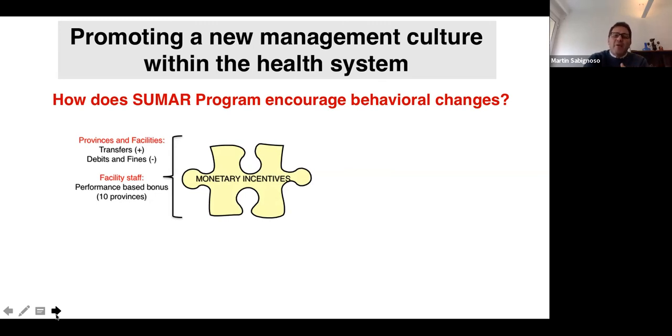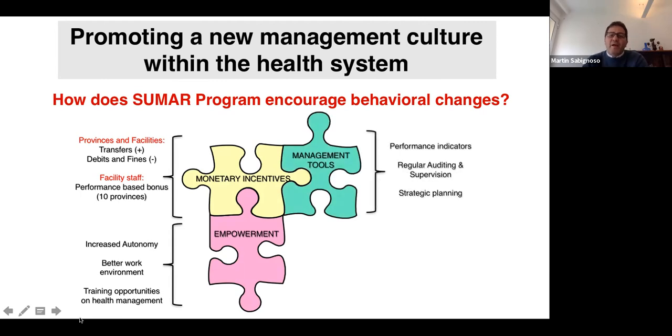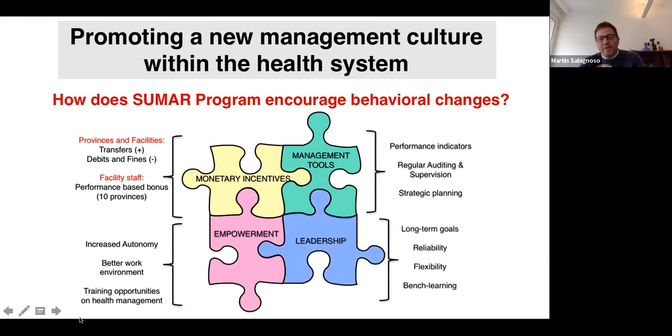Some provinces allow their facilities to pay bonuses for their staff, but at the same time, through the empowerment of health teams with increased autonomy, improving their work environment, providing new training opportunities, specifically on health management, incorporating new tools like performance indicators, regular auditing and supervision visits, doing strategic planning, and with a strong leadership, specifically regarding defining long-term goals, so that these payments and these transfers are reliable for the provinces and for the facilities,